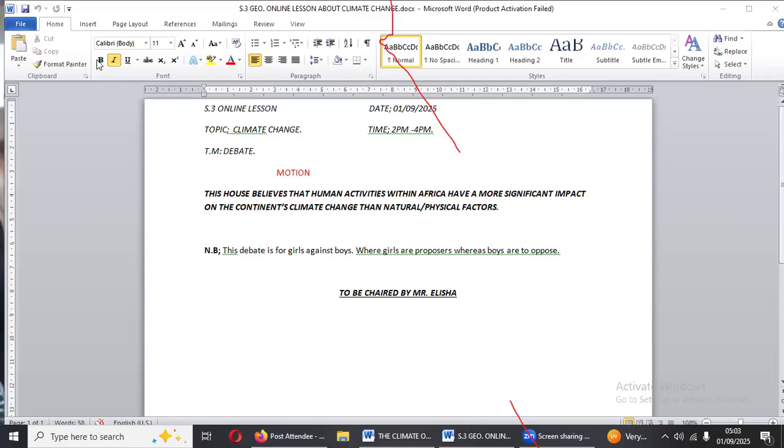That since our economies are still growing, we cannot afford the industries in our economy, and they are fewer than those of developed countries. Meaning, it is not a factor to say that industries in Africa, which are fewer than those of developed countries, have brought a high impact to the climate change. No. But what other factors have brought this